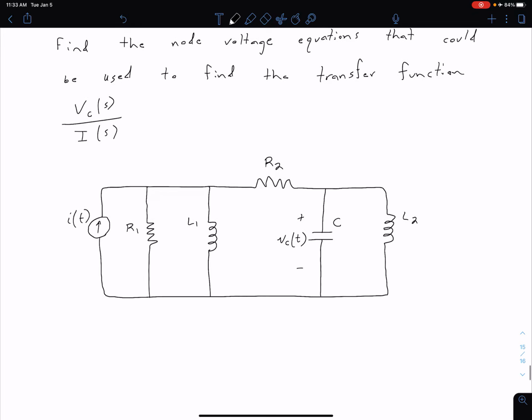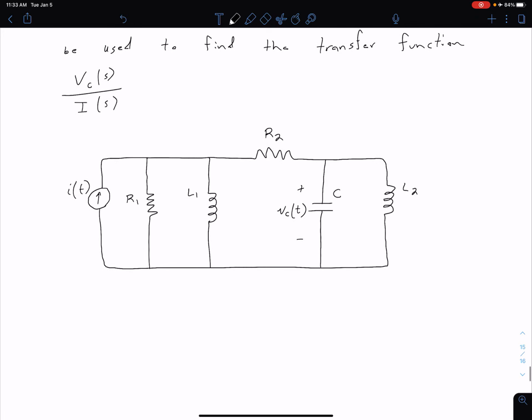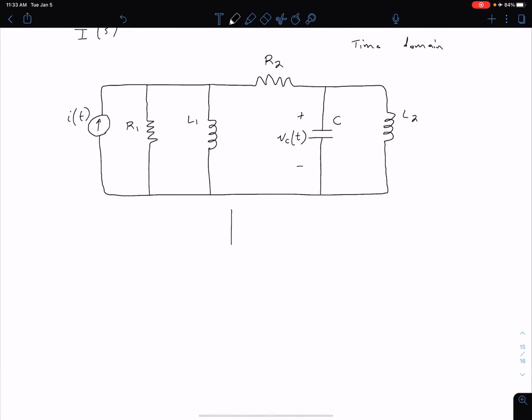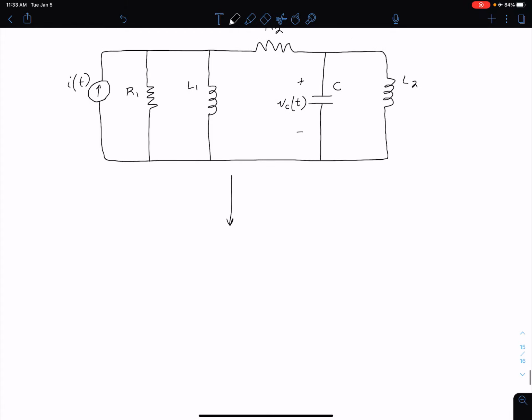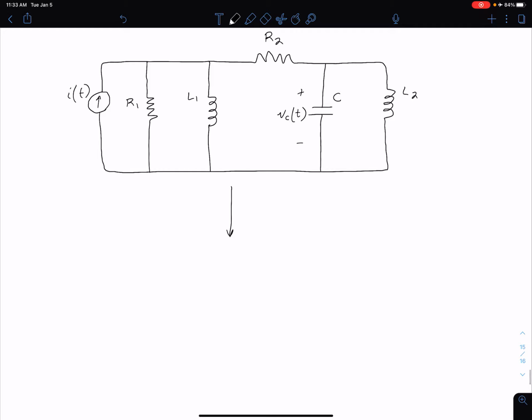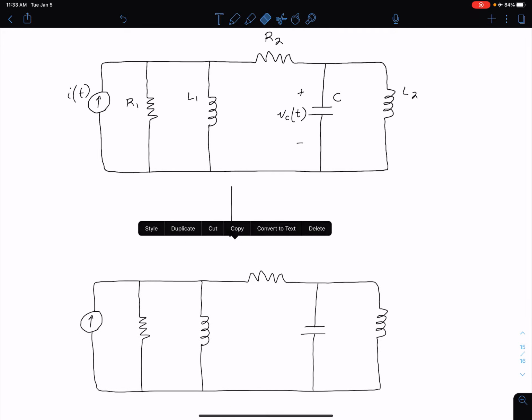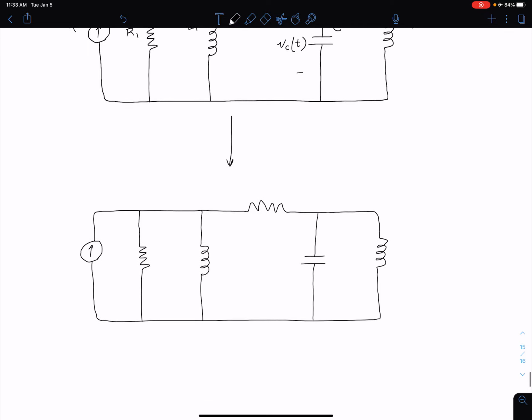But notice in our circuit here, we're given our circuit in the time domain. So right now we're in the time domain, and our first step should always be to transfer this to our frequency domain, unless of course we're already given the circuit in the frequency domain. And as we saw, the reason for that is because it makes our life a lot easier if we start with component impedances as opposed to getting equations in time and then from there doing Laplace transform to go to